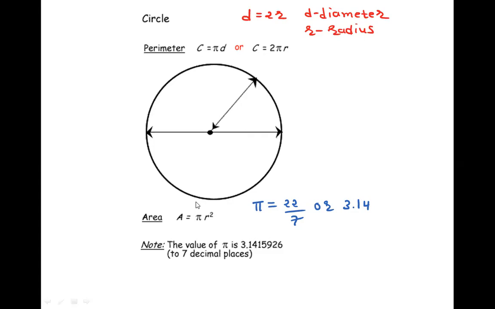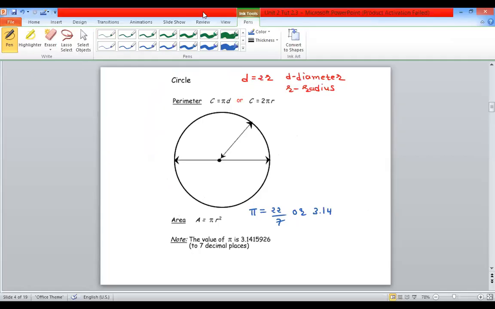Ma'am, pi r square by 2. Yes, that's very good. If I cut this area, I got these things. This is the full circle. If I cut this part, this part is remaining. So the area of this part is half of the circle. So this part indicates the area of a semicircle.